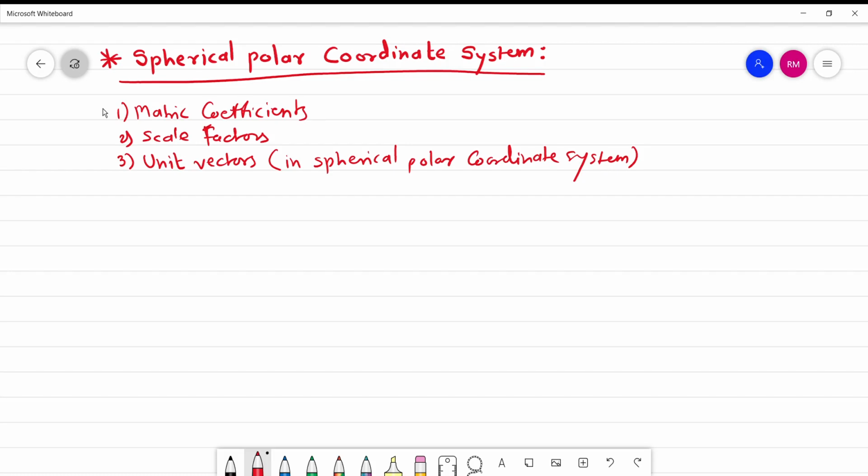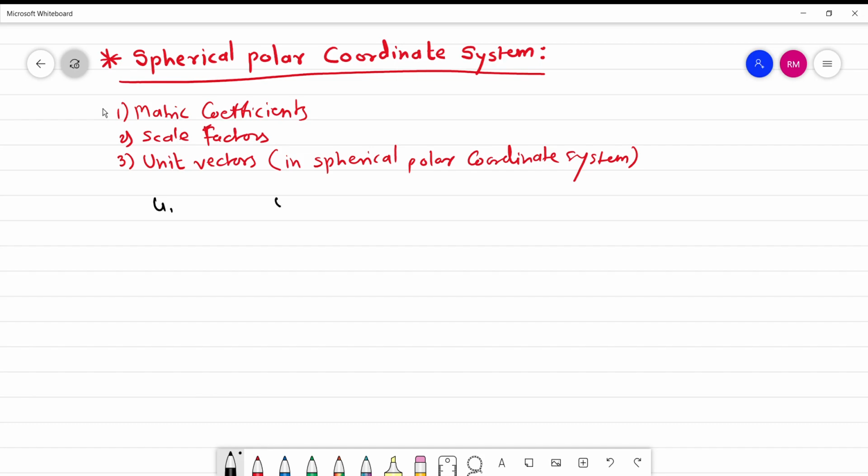Today we are going to see the spherical polar coordinate system. In this video we will be finding the metric coefficients in the spherical polar coordinate system, then the scale factors, and after that we will be looking for the unit vectors in the spherical polar coordinate system. Okay, let us start with that. What we know is this: